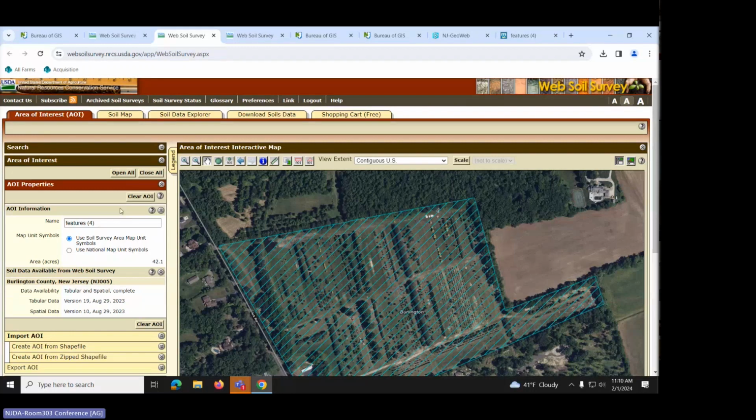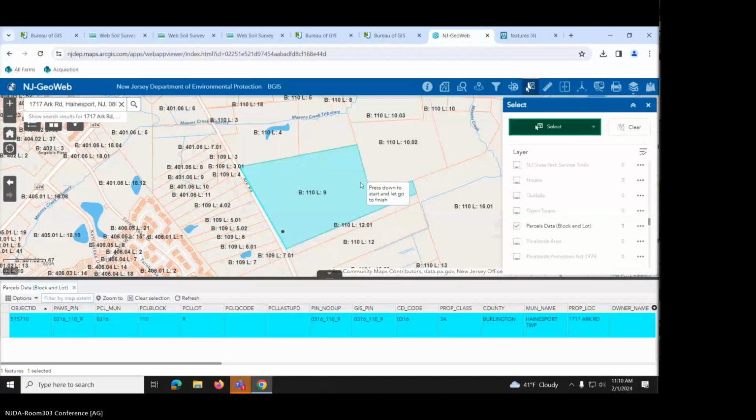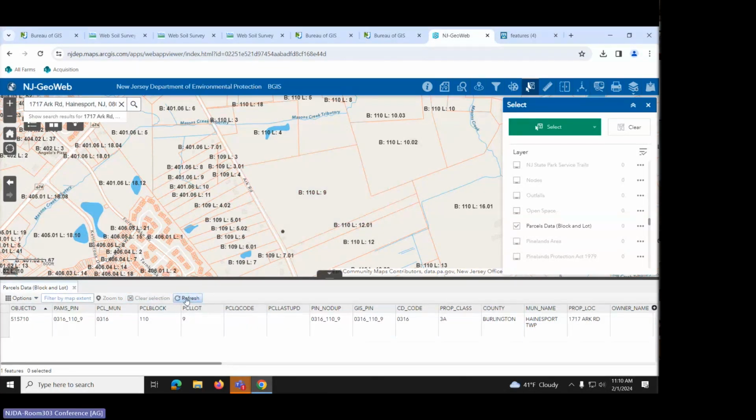So now let's go back and let's do multiple properties. Okay, are we ready for multiple properties? Any other questions about singular property first? Okay, so for multiple properties, let's first go back to GeoWeb. And I do want to let you know that there is a refresh button down here. If I refresh this, you know what I'm going to do? Let's first clear the selection. Let's clear this. And if I refresh,